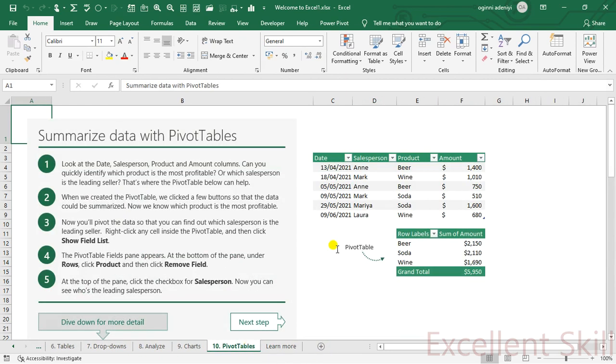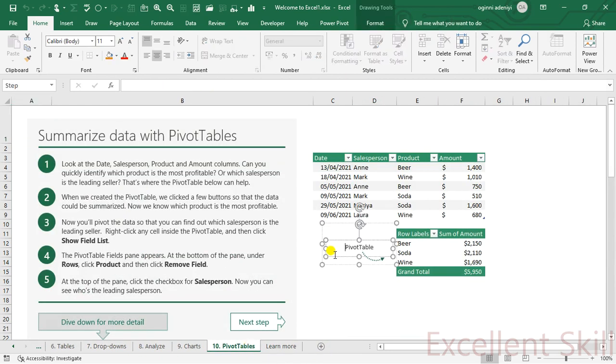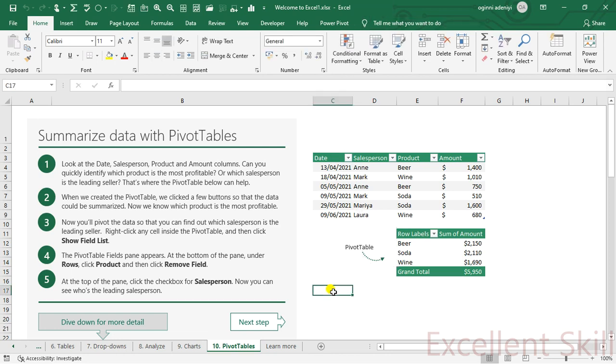this pivot table. So pivot table, summary data with pivot table. So what is pivot table and how does it work? Let me remind us. I'm going to still give us an elaborate explanation on pivot table. Not just pivot table, all that we have treated.